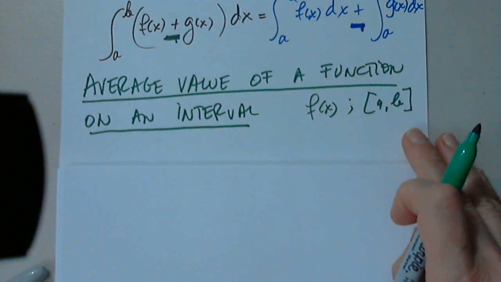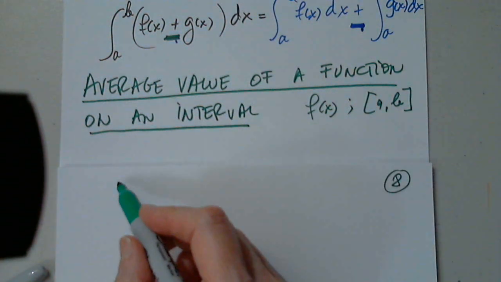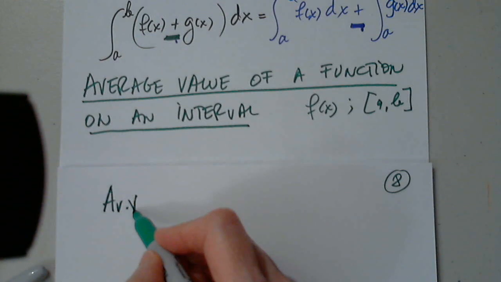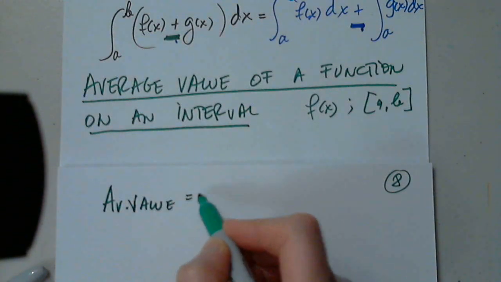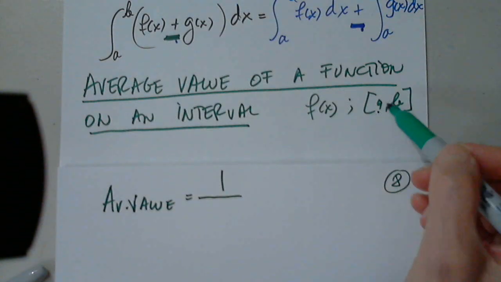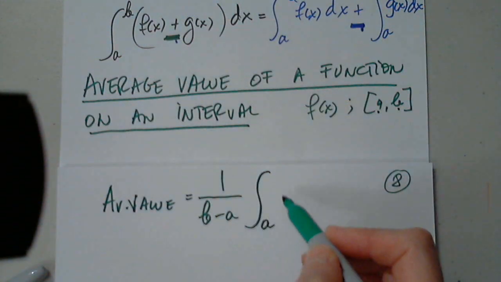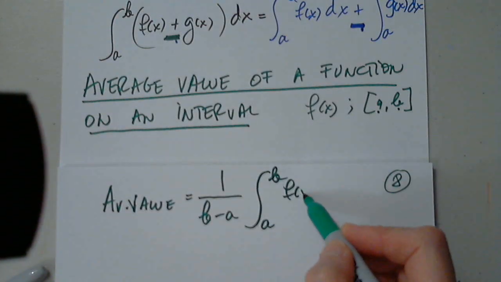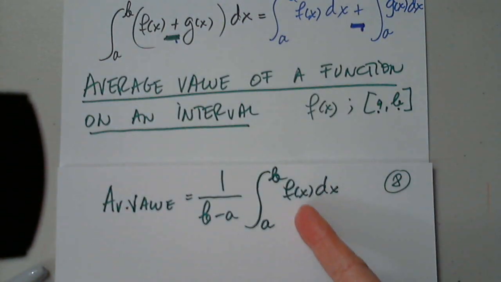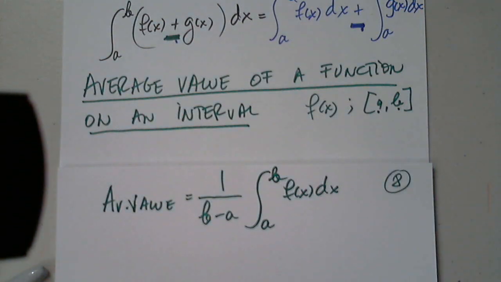The average value of a function on an interval. Here's how we do it. So the average value is 1 over b minus a in the denominator times the integral from a to b of f of x dx. Of course, the function must be continuous on the interval a comma b. Otherwise, we cannot